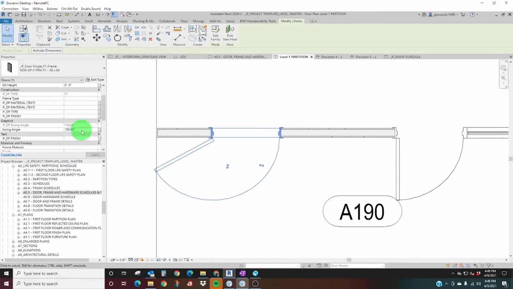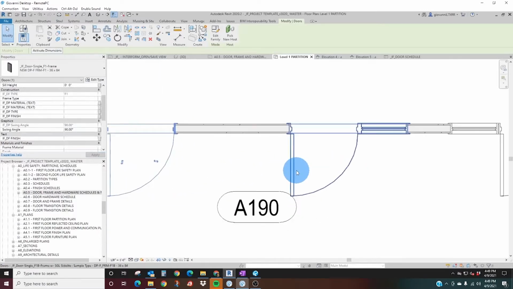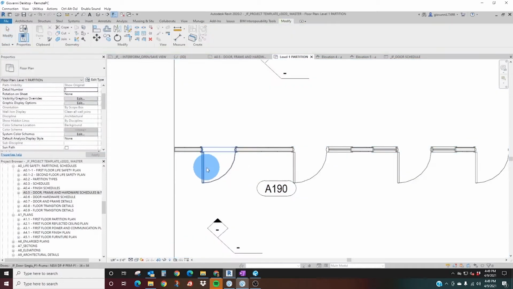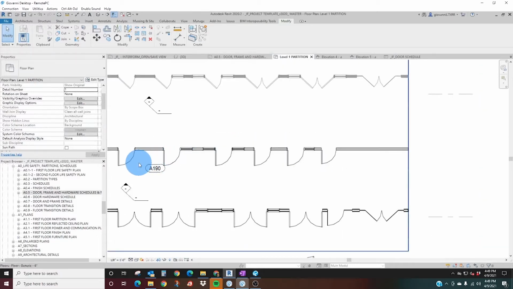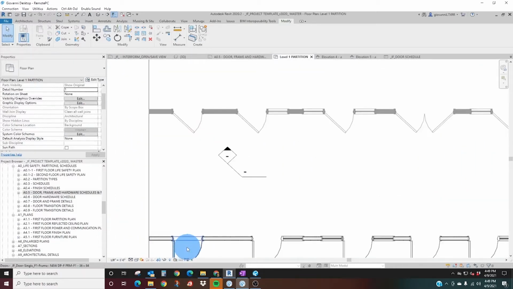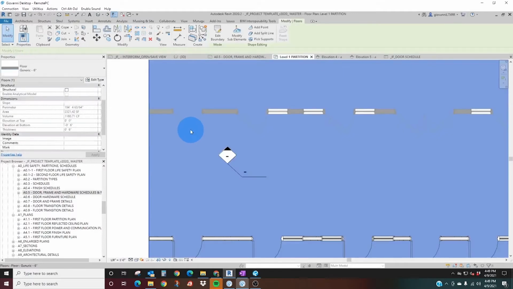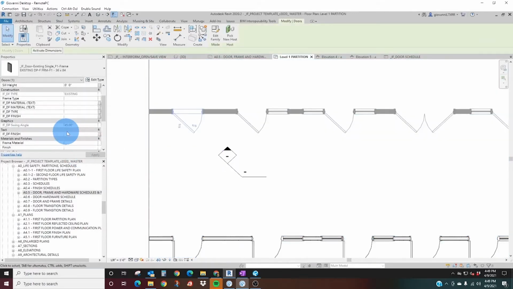Usually we don't need to change this. Most of the time 90 degrees is the standard. But if, for any reason, we want to show any of our doors, single or double, as having a swing that needs to show that we're clear of something or for other purposes, we can always modify those. On the new door types, the existing doors, if I select one of our existing door types, you'll see